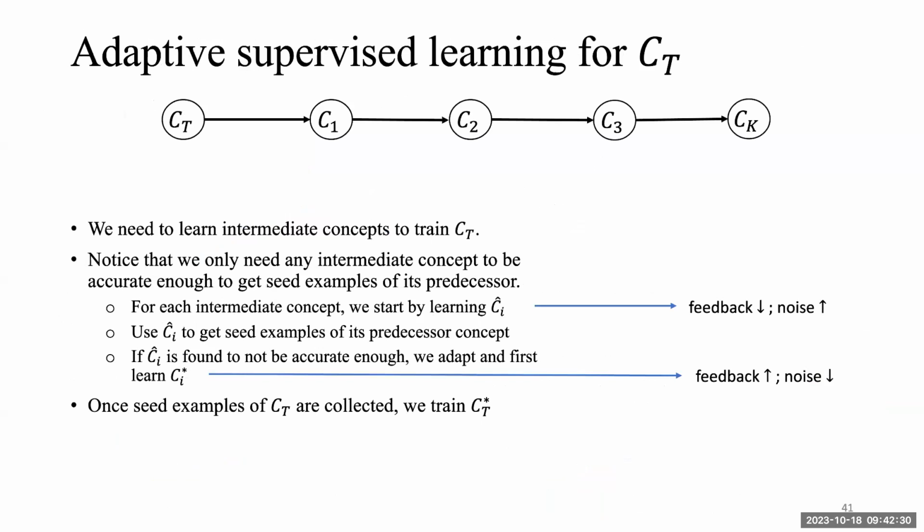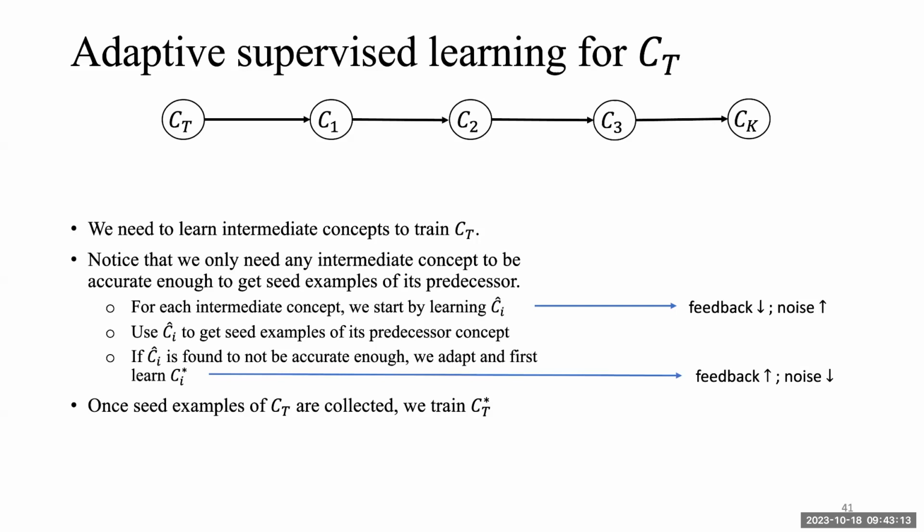Given that, here is our adaptive supervised learning approach for learning a concept classifier for CT. We have a causal relation CT to CK. We have these intermediate concepts between them which are not known. Based on our previous discussion, we can say that if we know C1, we can use it to learn CT. But since we don't know that, we need to learn all these intermediate concepts. Now notice that we only need these intermediate concepts to be accurate enough that they give us some seed examples of the predecessor concepts. So we leverage this property in our work, where for each intermediate concept,